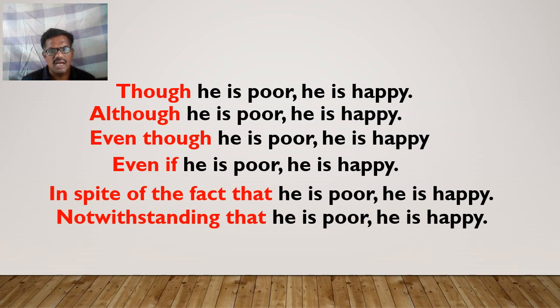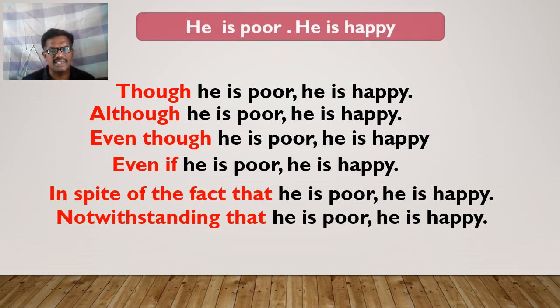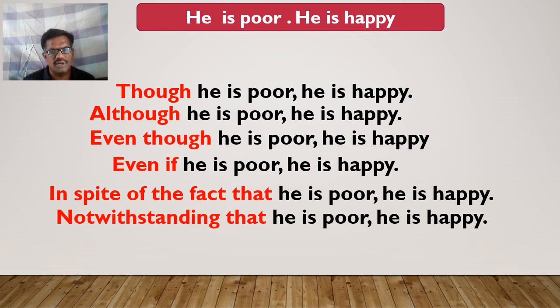Let us see how the subordinating conjunctions can be used as linkers to join the ideas of contrast. Look at this example. He is poor, he is happy. Here, these two sentences have the idea of contrast. Out of these two sentences, he is poor will be the first occurring sentence and he is happy will be